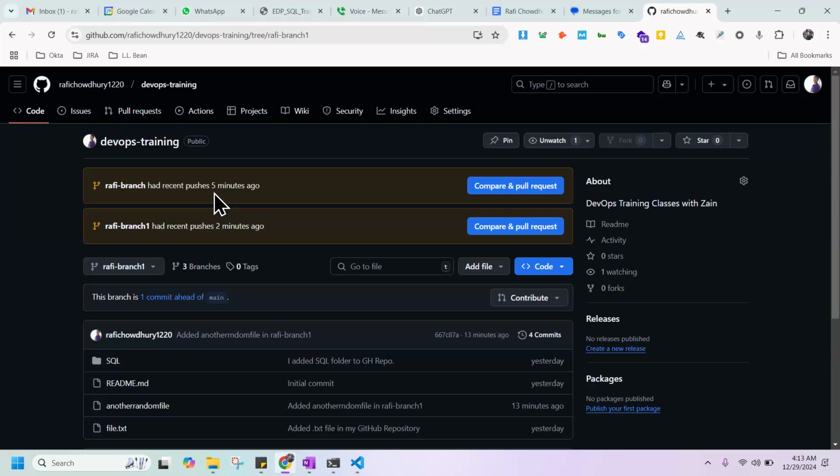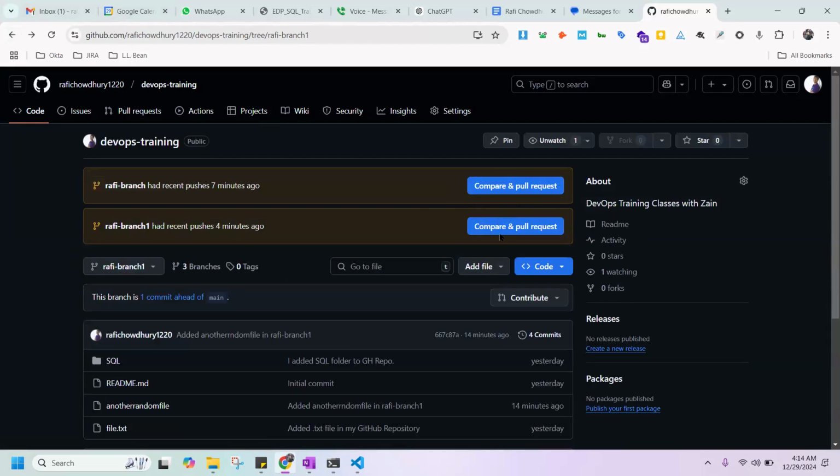This step we are going to do now is only for the case when our code is approved by our manager and we don't need the sub branches anymore. Now we just need to merge all of the branches into the main one, so our files are reflected in the main one whenever we merge. So click on compare and pull request for the Rafi branch at the very right, the blue button. This is for Rafi branch one, right? So click on it.